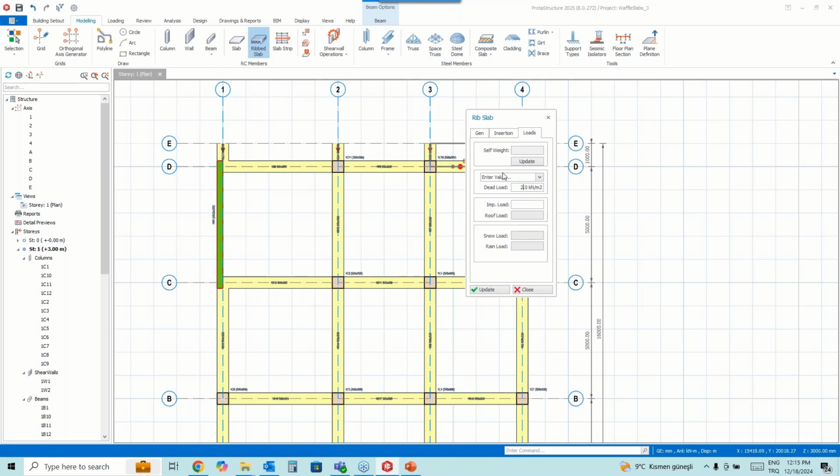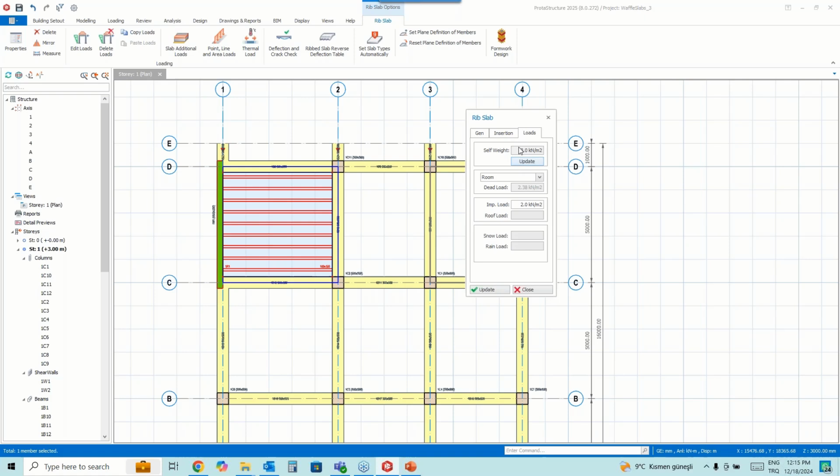By the way, we can enter values, or you can select the imposed loads with right click. Because we didn't generate the rib slab, it doesn't show. Now it will show, yeah, here.